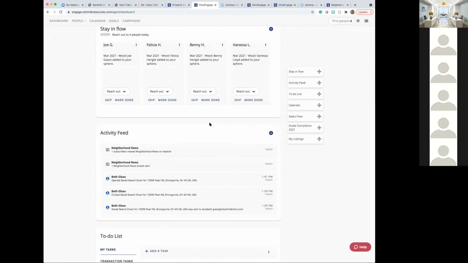So if I have 100 people getting my campaigns and I've got 3 buyers, all of a sudden this is a lot of information to try to retain. This gives me an overall of what happened within the last 24-hour period. Of course, I'm just in here as me, but it would say Beth Glass opened the email search you sent her and saved it. And it would say Jim Glass opened neighborhood news. So as a whole, I could see my overall activity, and I don't even have to go into my individual client,